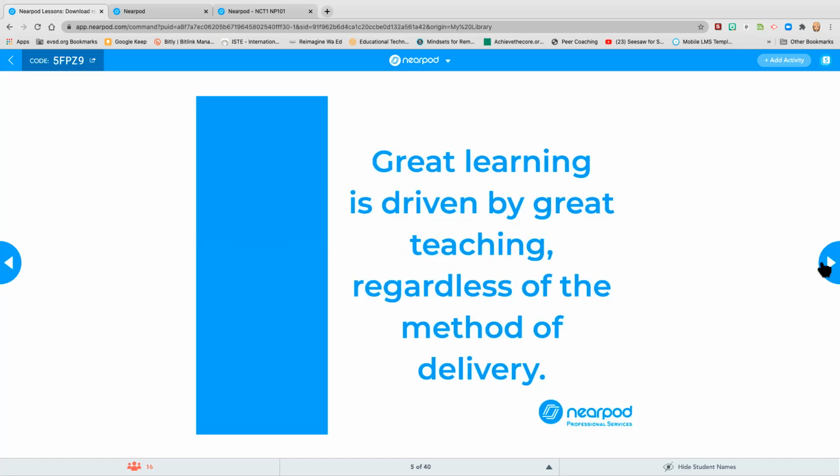Okay, so I just kind of like to start with some kind of a quote, and this is just from Nearpod, from their professional services. But you know, great teaching is a result of the teacher. And all the efforts that you guys are making, like being here today and trying to learn a new platform and trying to learn how to deliver engaging material to our students, regardless of what environment we're in,